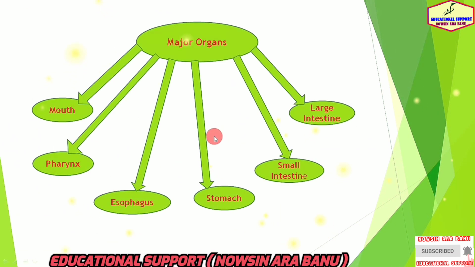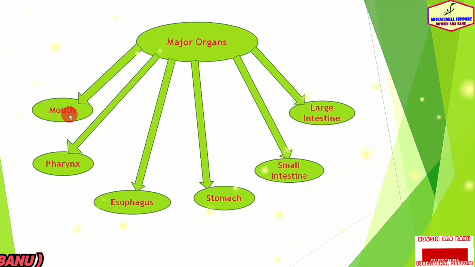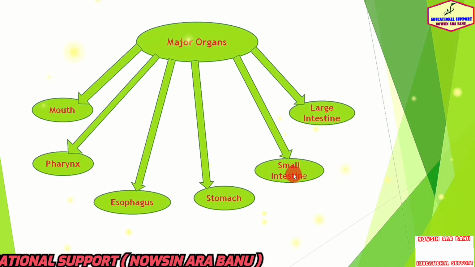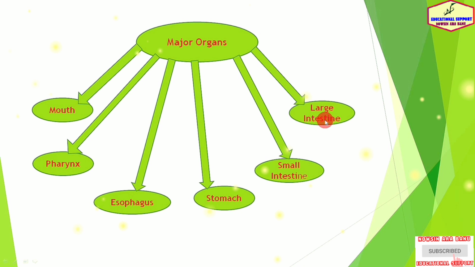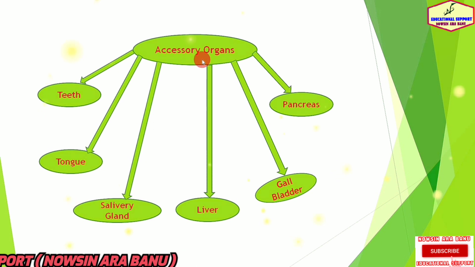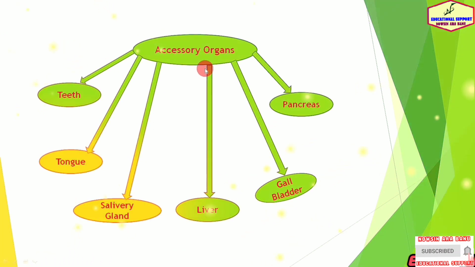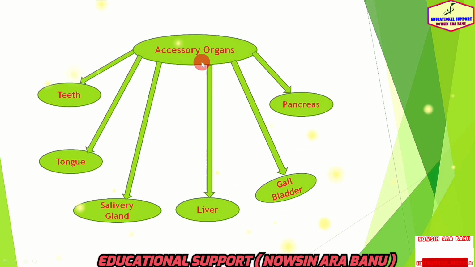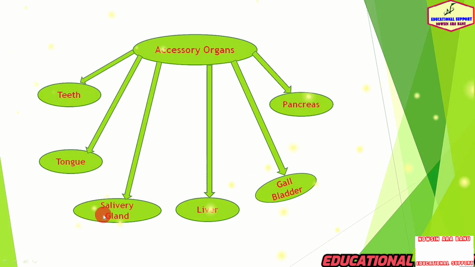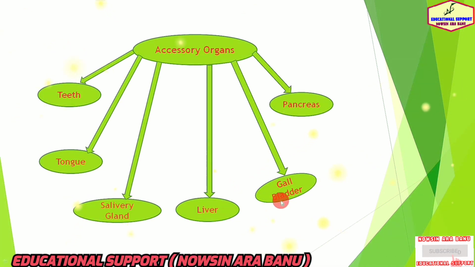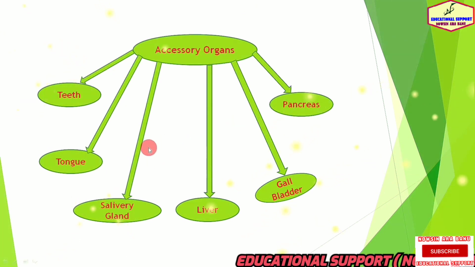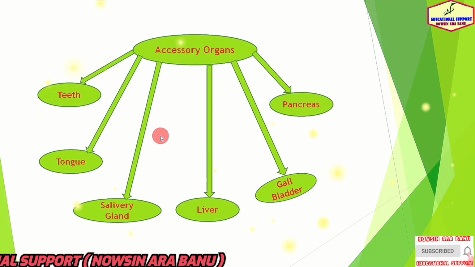The parts include mouth, pharynx, esophagus, stomach, small intestine and large intestine. The accessory organs of digestion and their secretions pass through ducts to enter the tract. They consist of teeth, tongue, 3 pairs of salivary glands, liver, gallbladder and pancreas. So the organs and glands are linked physiologically as well as anatomically.